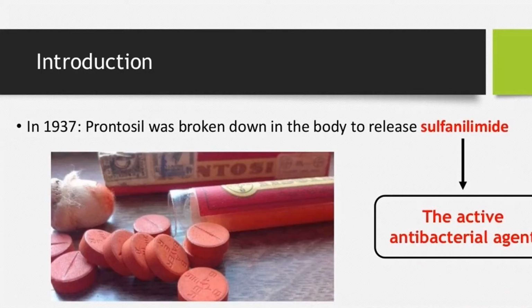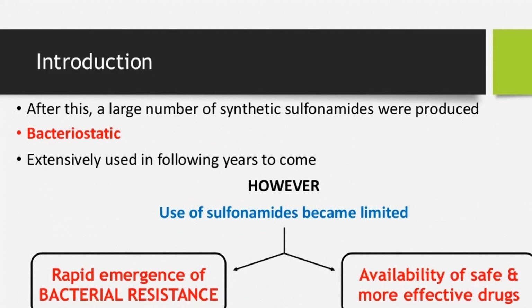In 1937, scientists found that Prontosil was broken down in the body to release sulfanilamide. Sulfanilamide is the active antibacterial agent. After this, a large number of synthetic sulfonamides were produced. This is a bacteriostatic agent. Bacteriostatic means